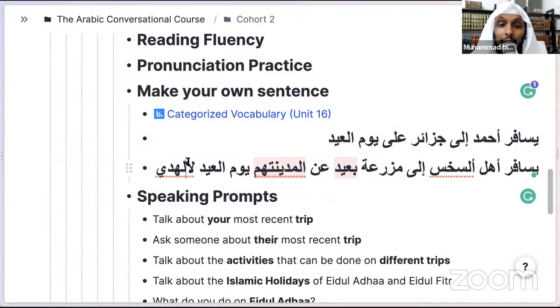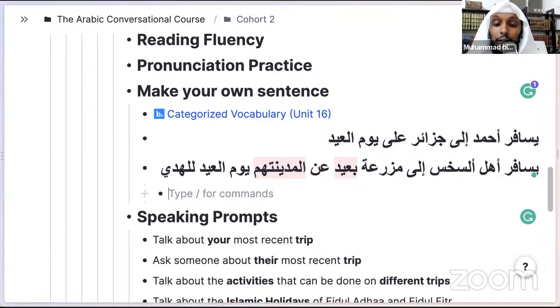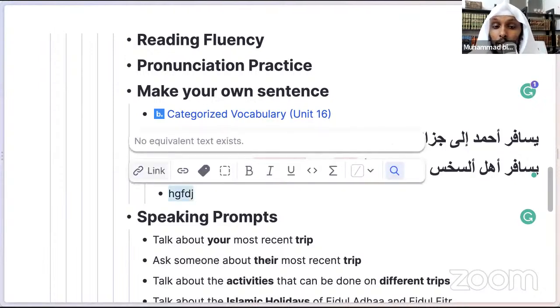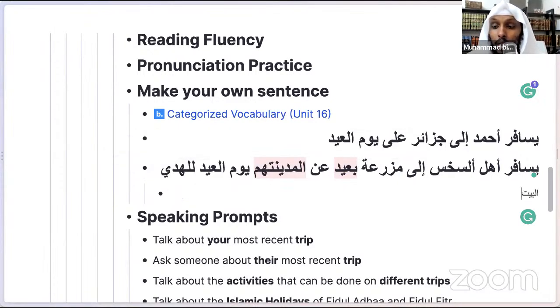يوم العيد, like we said, للهدي, without the alif. You would write it like that. So that's just a general ruling. Remember that. Any word that has alif lam, let's say al-bayt, and you want to add li, which just means for, plus a word that starts with alif lam, you're not going to write lam, alif, lam, even though that's what it should be. Instead, you get rid of the alif, so it becomes